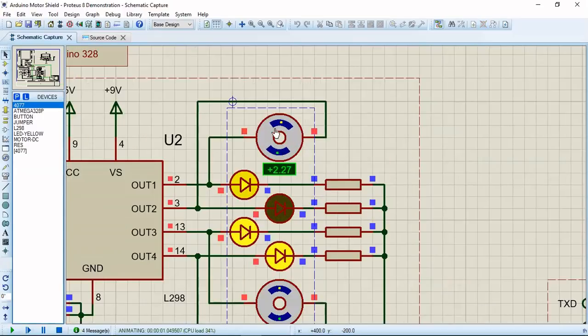So the motor is running in the clockwise direction, and it will settle at some value eventually, so we will have to wait for it. As we can see, the motor has settled at 34.8 rpm. Now we will try to change the PWM value and check the speed.